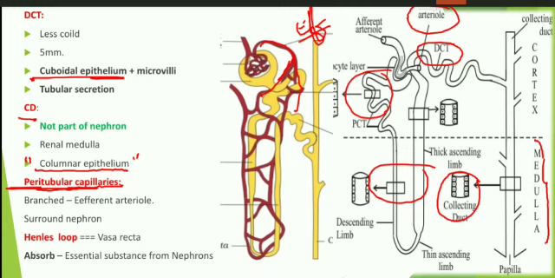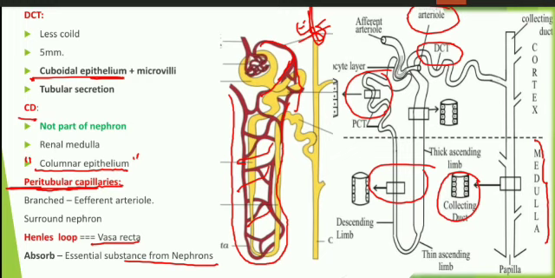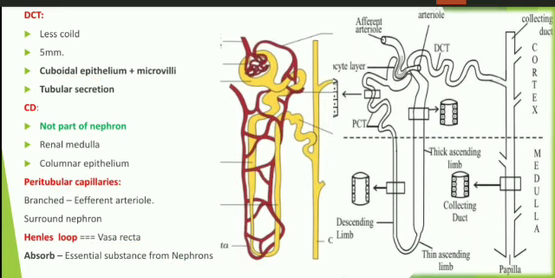And these peritubular capillaries surround the nephrons and run parallel to Henle's loop. These are the structures we have noticed, which run along the coiled Henle's loop, and this U-shaped structure is known as the vasa recta. This vasa recta is necessary for absorption of certain essential substances. It may be electrolytes, it may be water, and certain other things are absorbed and secreted by the vasa recta. And this is the structure of nephrons.